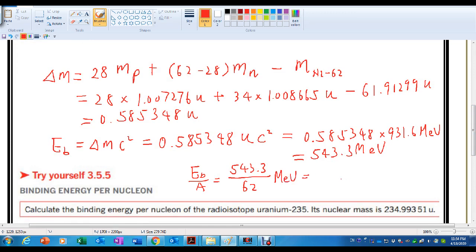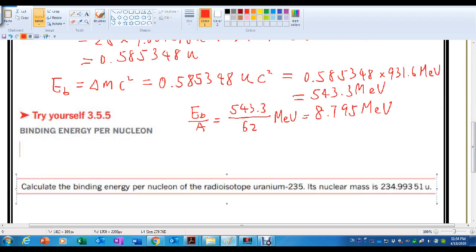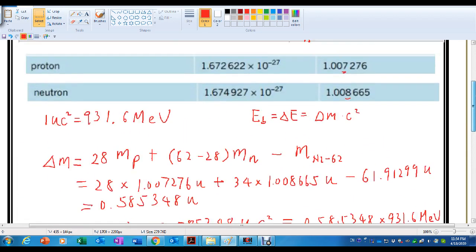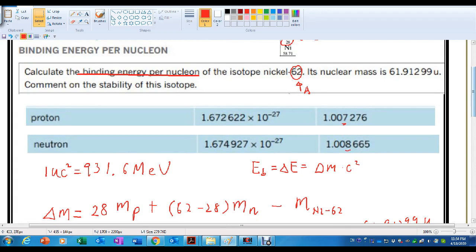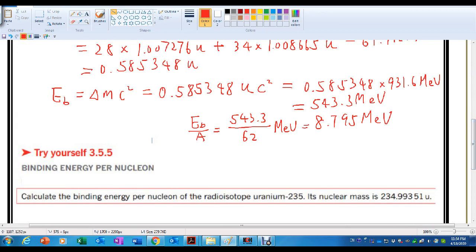So you will get what we call 8.795 MeV. Okay, sorry, I'm not going to have plenty of space now. Okay, shift this down a little bit. Okay, so you still need to comment on the stability of the isotope. Okay, so of course that's